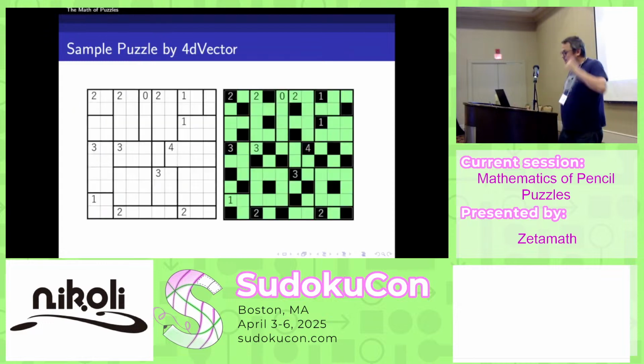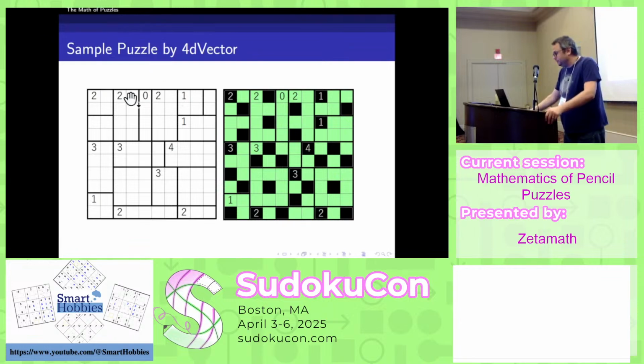Okay, so here, just in case you have never seen this before and are having trouble visualizing this, here's what a completed Heyawake grid looks like. So puzzle on the left, solution on the right. And so you can see, for example, this 0 is saying there's 0 shaded cells in this rectangle. So in fact, there are 0 shaded cells in the rectangle. And that weird border rule, if you want to visualize it, I think a good way to think about it is in terms of these 3 cells. That's a string of 3